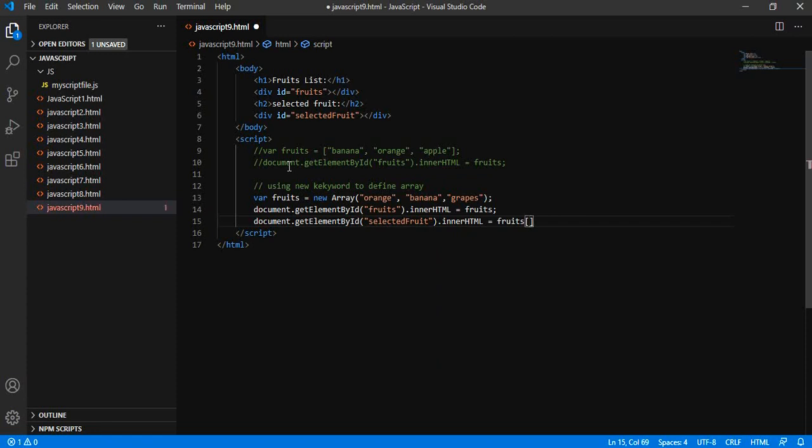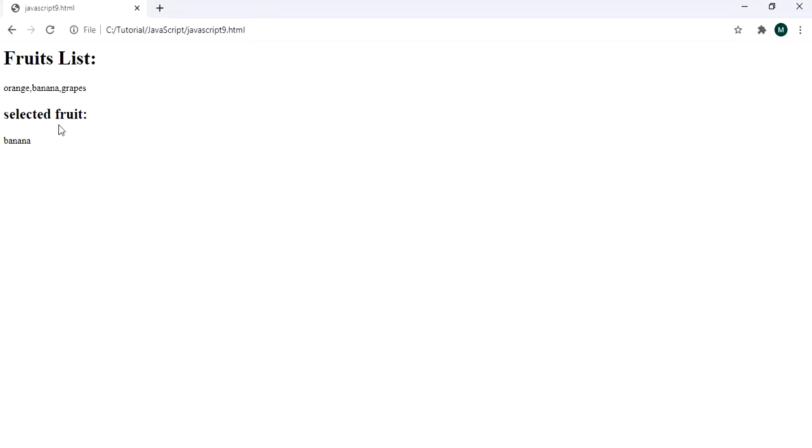Suppose that we are selecting the first one, that is banana. So selected fruit is banana.